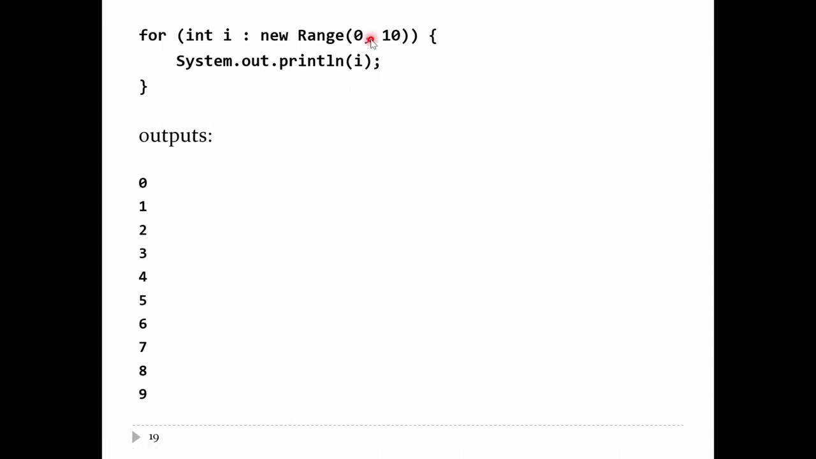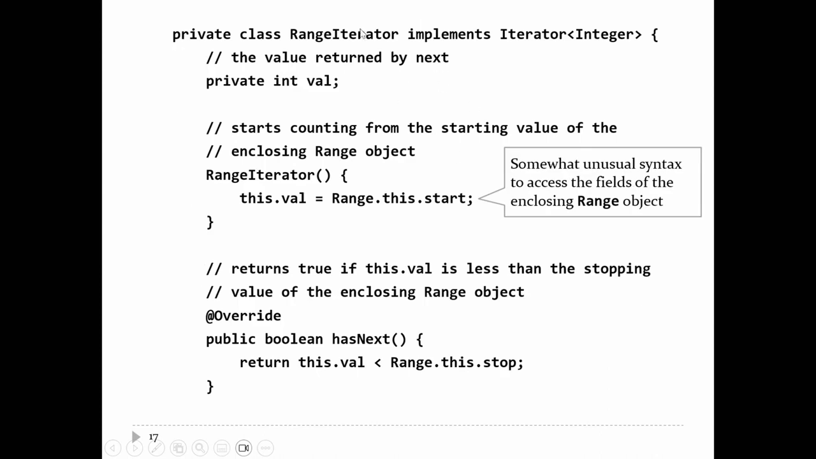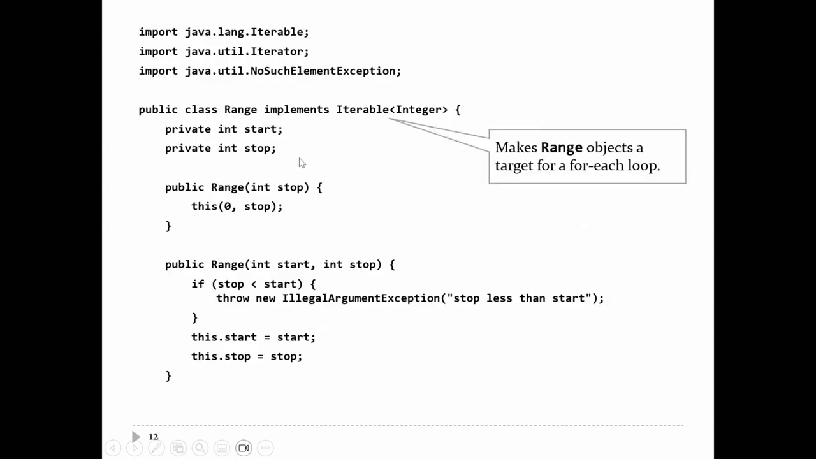If you wanted to, you can soup up the range class so that it counts in different increments. So in Python, you can write the range class. You can specify the step size that you take when you move from element to element. You can do the exact same thing here. So inside the range class,